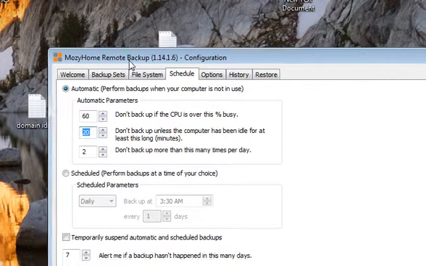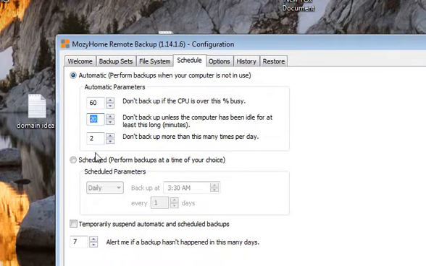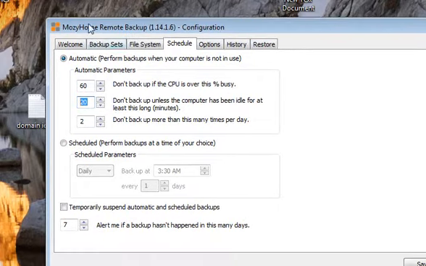And this will be how many times per week or how many times per day. Do you want it to back up? Now, if you were a business, you may want to back up a dozen times throughout the day when all the workers are working. If it's an end user, hey, 2 times a day is plenty for most. Same with right here. This is a great feature because it's going to actually alert you, and